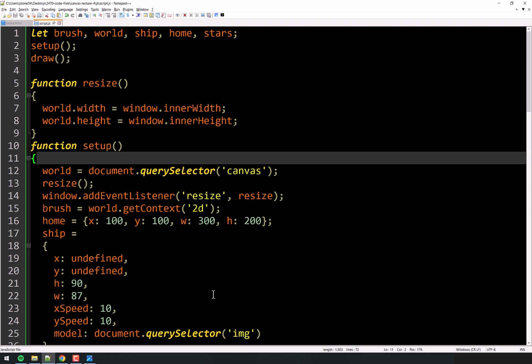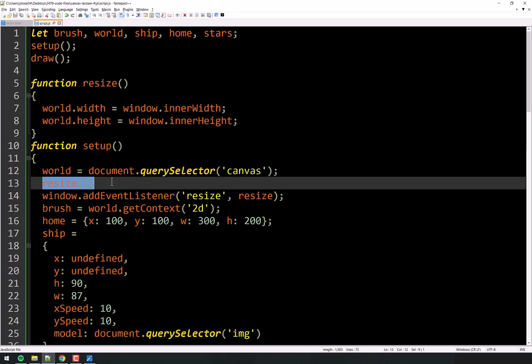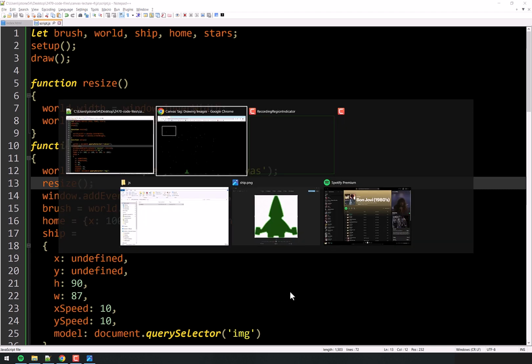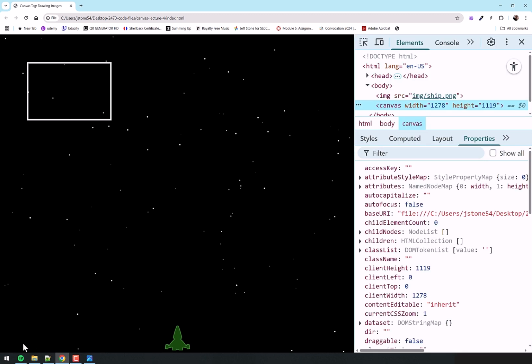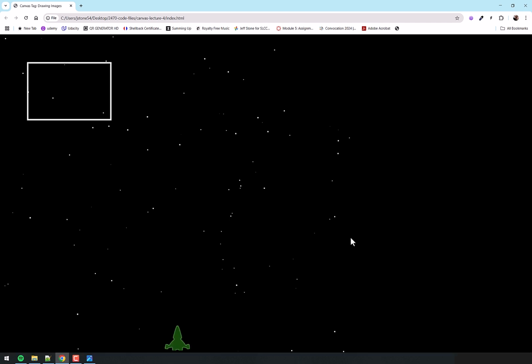So that being the case, we're going to modify this. And don't worry if you're trying to code along, because I'm going to give you the code as I always do, right? So I'm going to kind of undo what I just did, but I just want to show you the difference between the two, right? Right now, we're resizing only. We're only changing the size of the canvas when they resize the page. We're not resetting the ship, and see the ship is off center because it was centered on the console, right? If I open the console back up, you can see that it's centered on that, okay? And that's why the stars are all in here, because that is the width of the world at the moment. When I close this, the world width changes, but we didn't redraw anything else, okay?